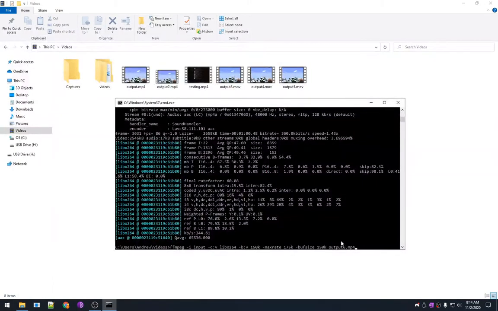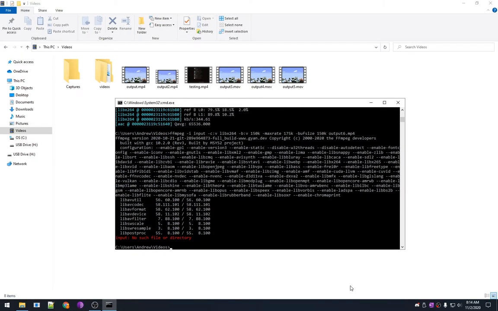And I found the command off of the website. I'm not really sure what this dash bufsize thing does, but as long as you set it somewhere near the bitrate and the maximum bitrate, it should be fine. Oops, no, I just copied the command and I forgot to adjust it. Okay, so